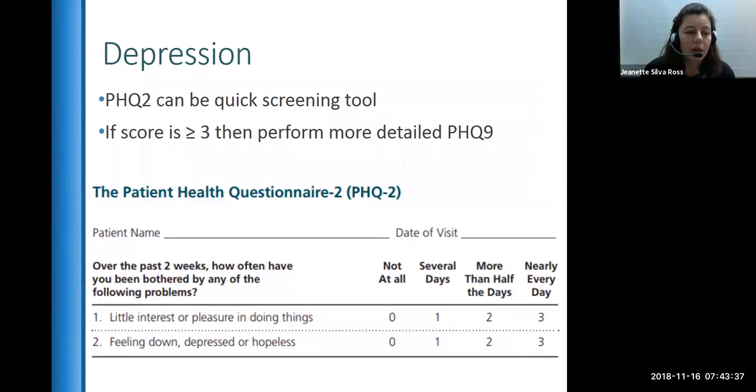The 2 questions are: over the past 2 weeks, how often have you been bothered by any of the following problems? Number 1 is little interest or pleasure in doing things, and number 2 is feeling down, depressed, or hopeless. The scoring goes from 0, which is not at all, 1 for several days, 2 for more than half the days, and 3 points for nearly every day. Then if the score is more than 3, you want to do the more detailed Patient Health Questionnaire,